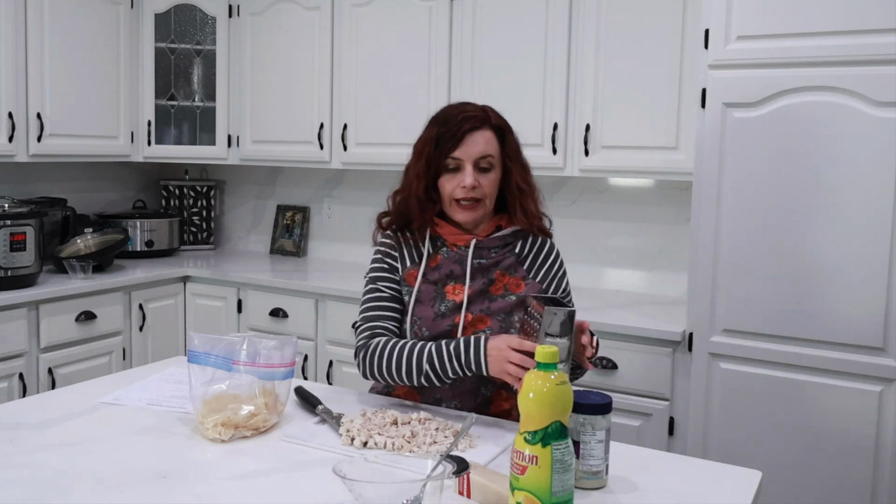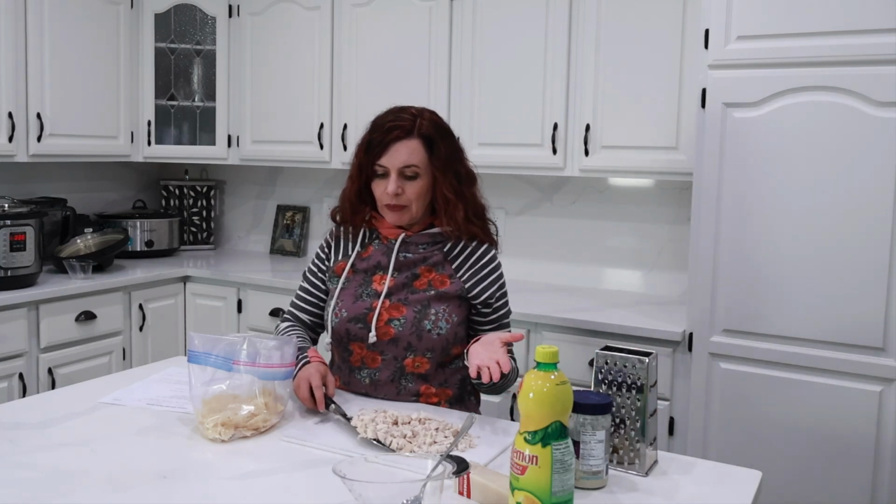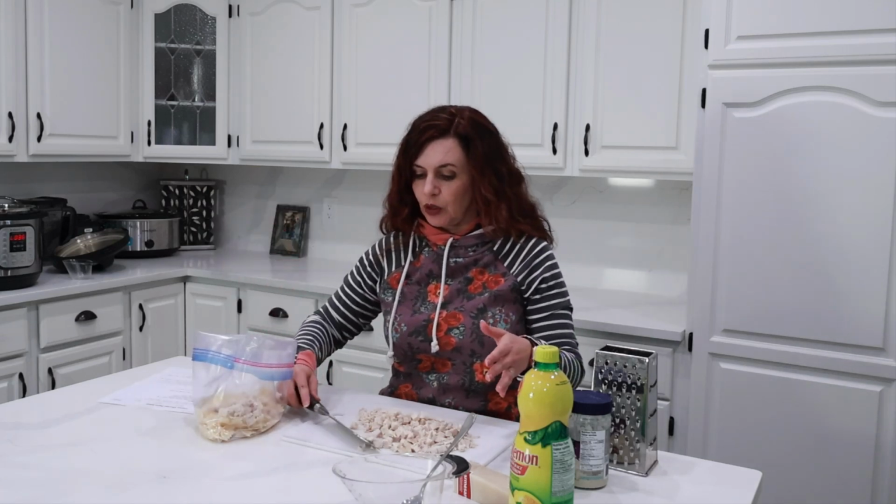We're going to go ahead and assemble our Caesar chicken pasta salad. I decided to do it all in one bag, even though I doubled it, because on this trip that we're going on,